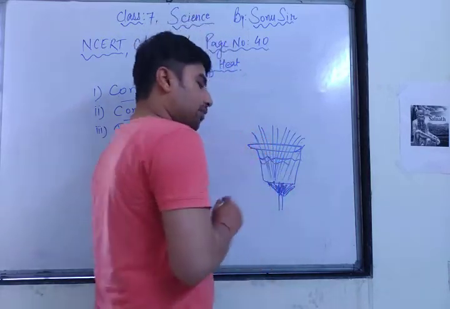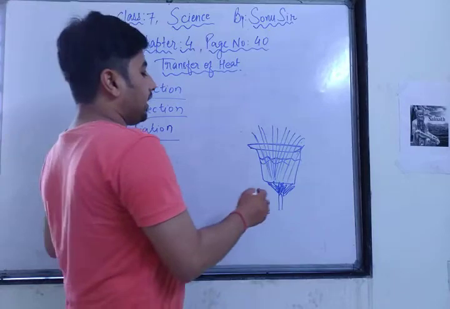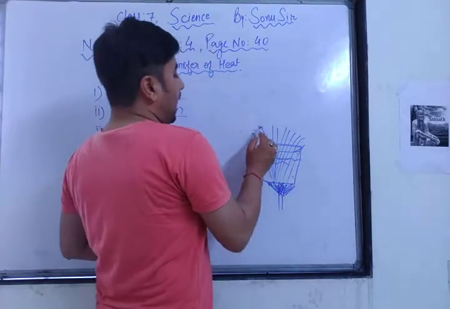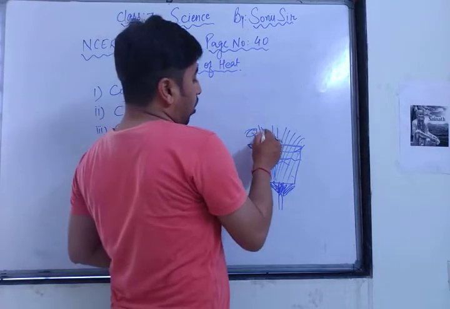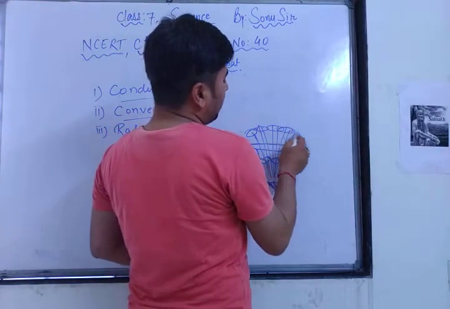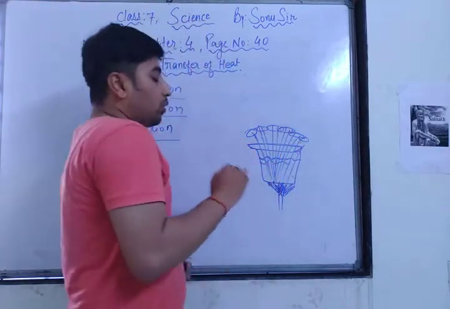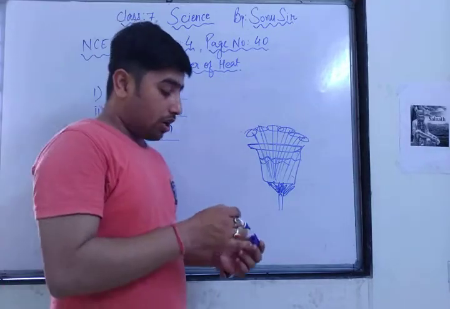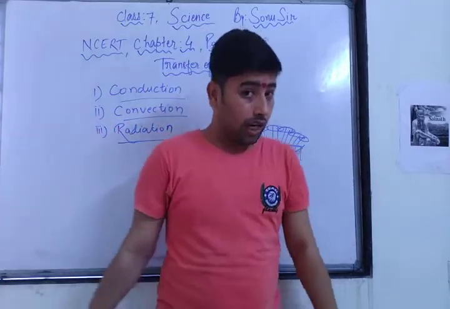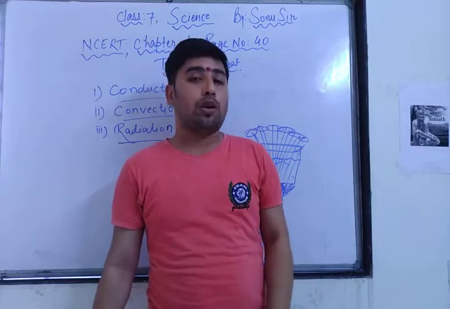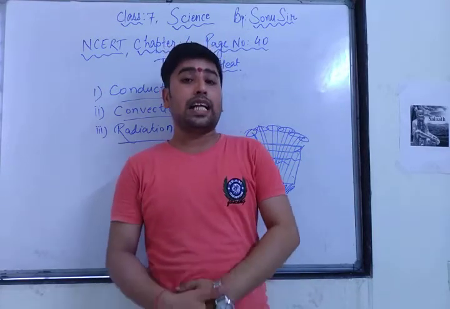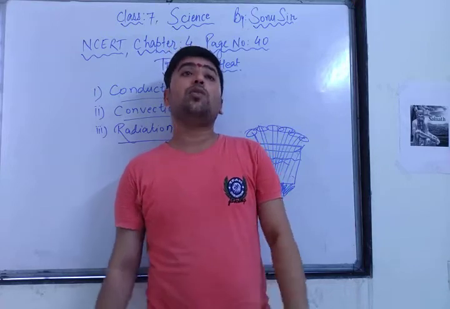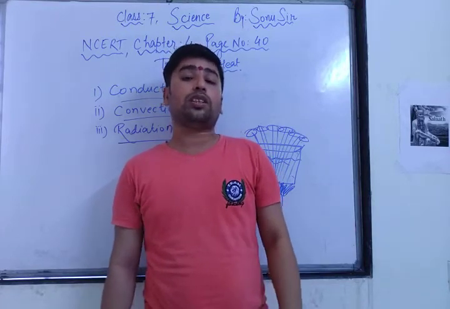All the articles I kept in this beaker, and after boiling, I touched them one by one. Some of the articles were hot while touching, some of them were not hot, they were cool. So now the question was why some of the articles are hot and why some are cold, right? This question is about conduction. Conductors mean, which articles act as conductors? The material which allows heat to pass through it is called a conductor.